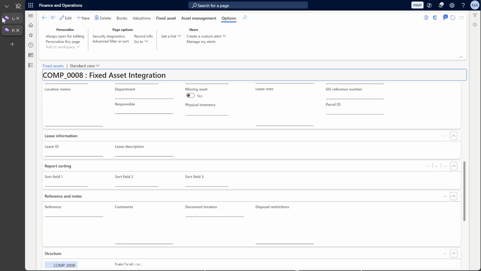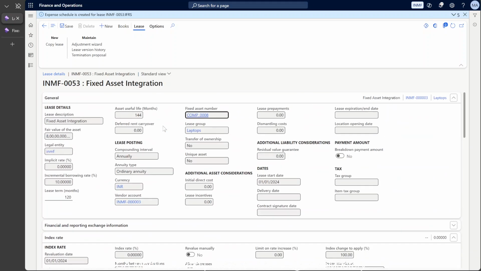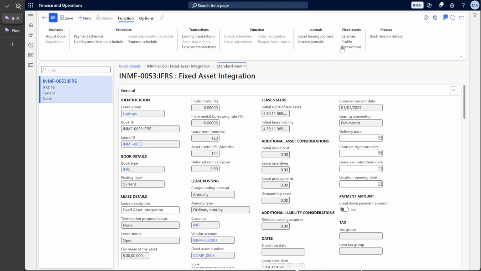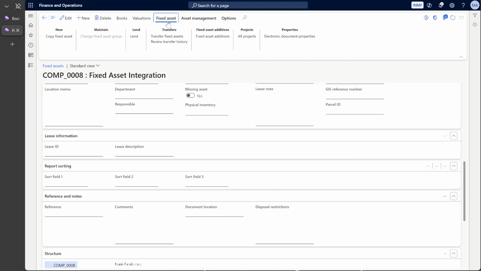Now let's go to your lease, and this is our lease, and go to books. So here you will find that there is a fixed asset section. Here you will find balance, profile, transaction. So this is actually from your fixed asset module that is appearing on your lease book details, right? So if I go to fixed asset module, if I go to books,